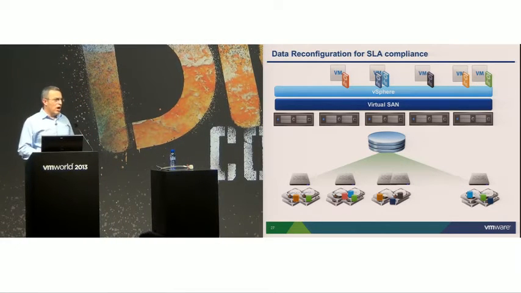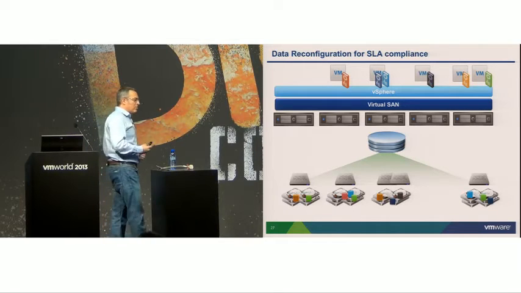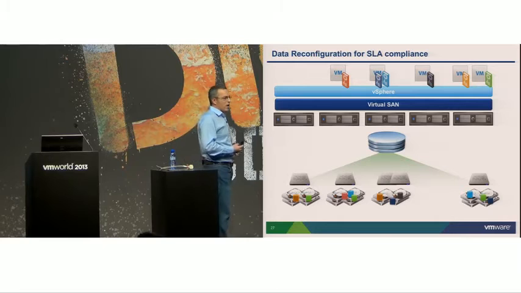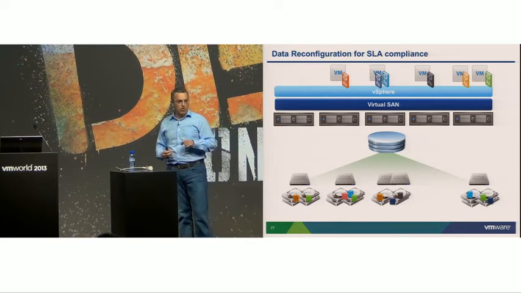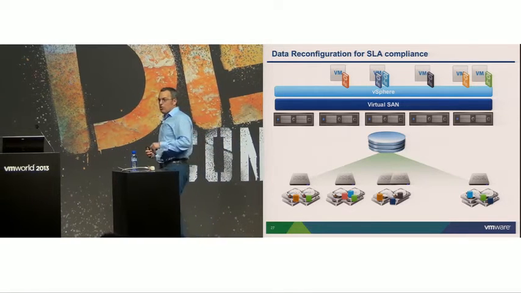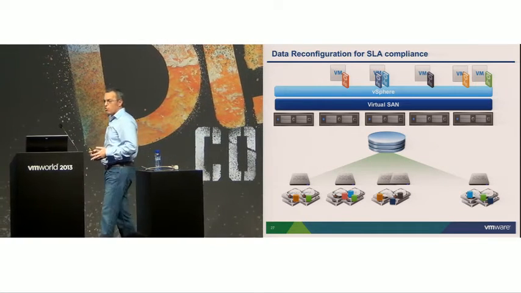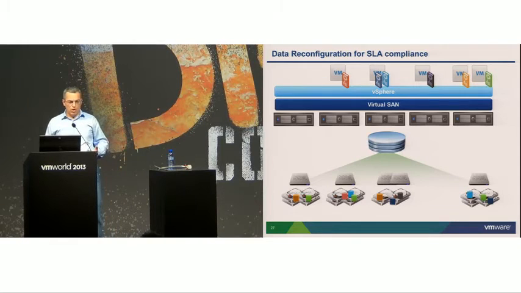vSAN, in the meanwhile, is always actively monitoring the state of your data for every VM disk, and automatically enforces those policies that the user specified, even if things happen in the system, like failures or degradation of performance for some devices, or even sometimes when the workload changes. So here's an example where we have a